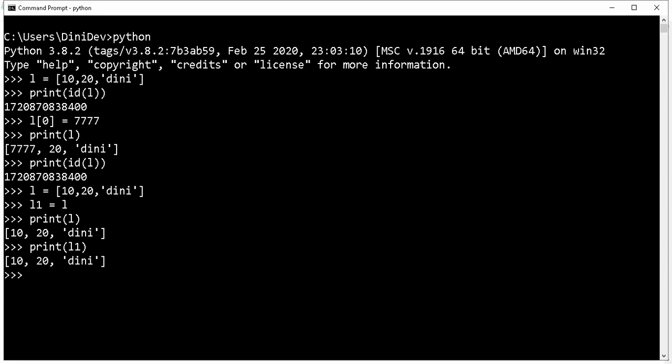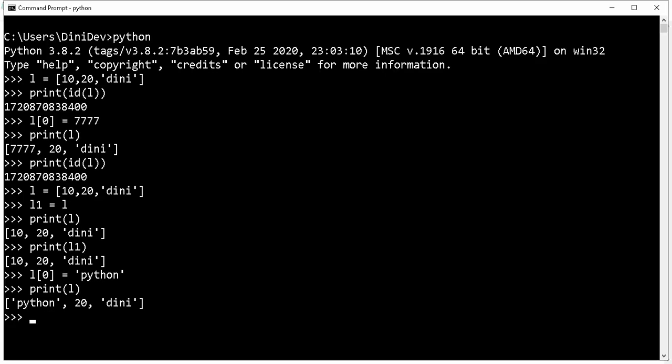Now in L I am going to change the first index to Python. Now I am printing L: Python 20 Dini, it is replaced.